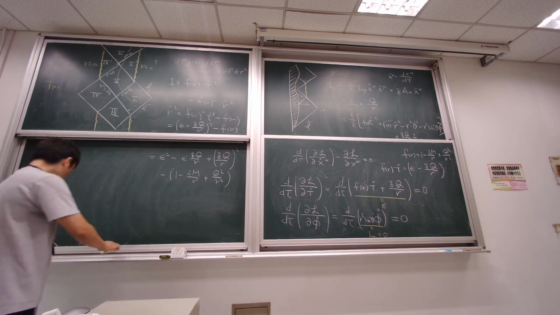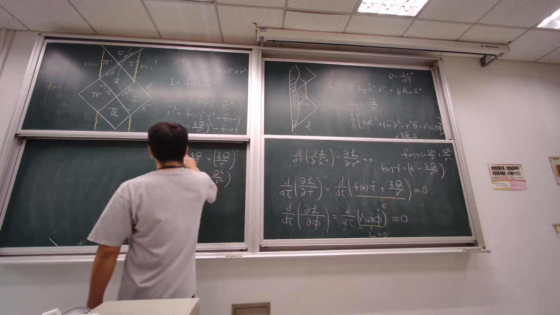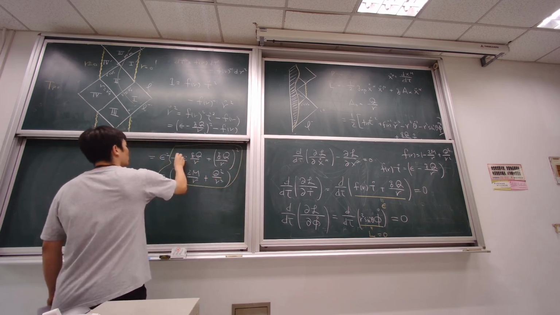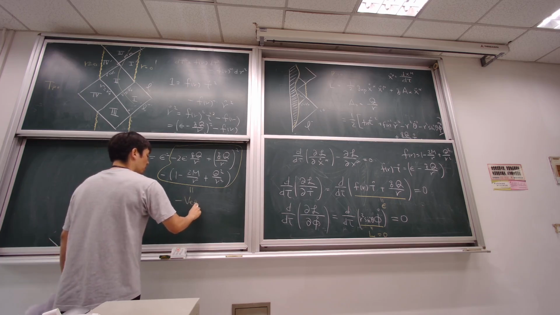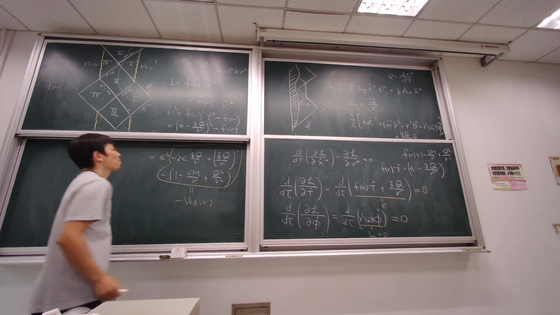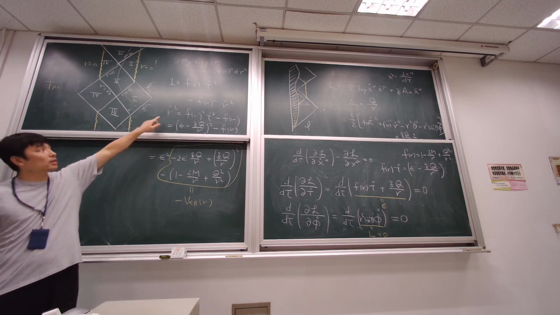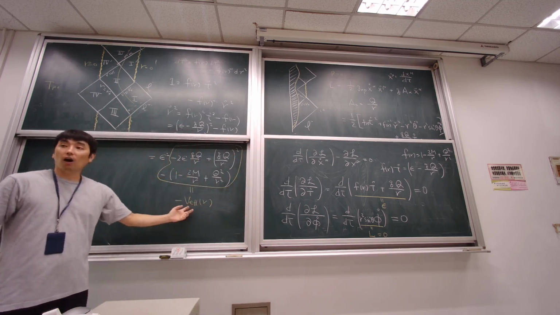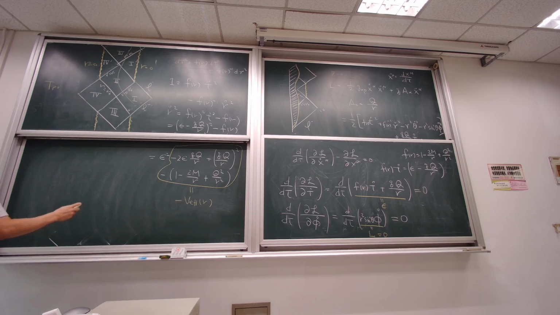And then I call everything here equal to, so everything here, it should be a 2. Thank you so much. This is 2. You're right. And this is equal to minus V effective of r. So this is kind of like kinetic energy for the particle on the surface, and V effective of r can be understood as an effective potential. And if you draw this effective potential, it's roughly like this.